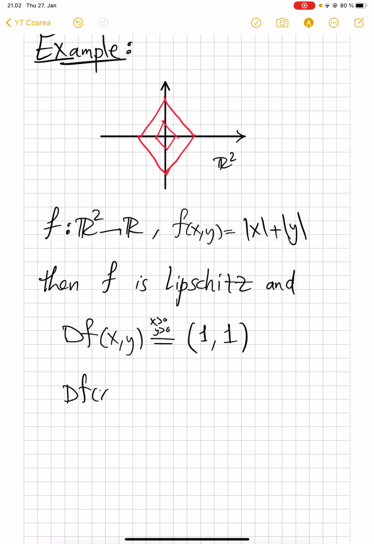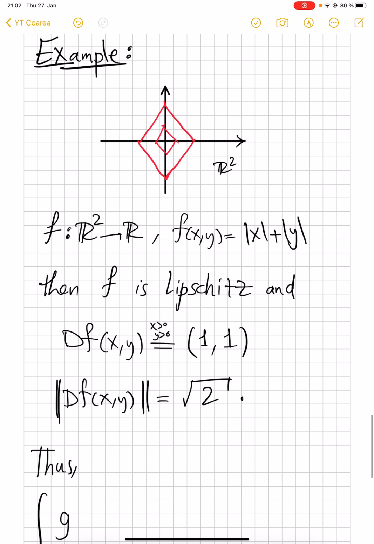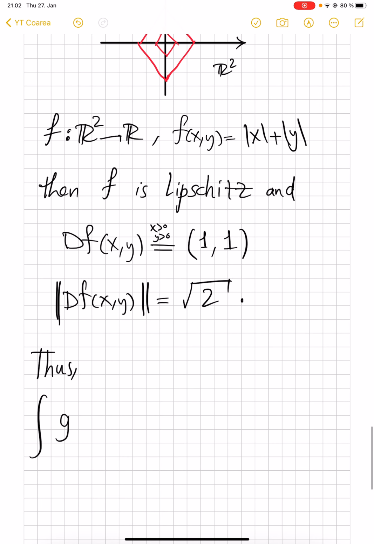Therefore, its norm happens to be independent of both x and y, and it's just the constant root 2. Therefore, according to the formula above, to integrate a compactly supported continuous function, or just any non-negative measurable function for that matter, on R2, all I need to do is put 1 over root 2 here,